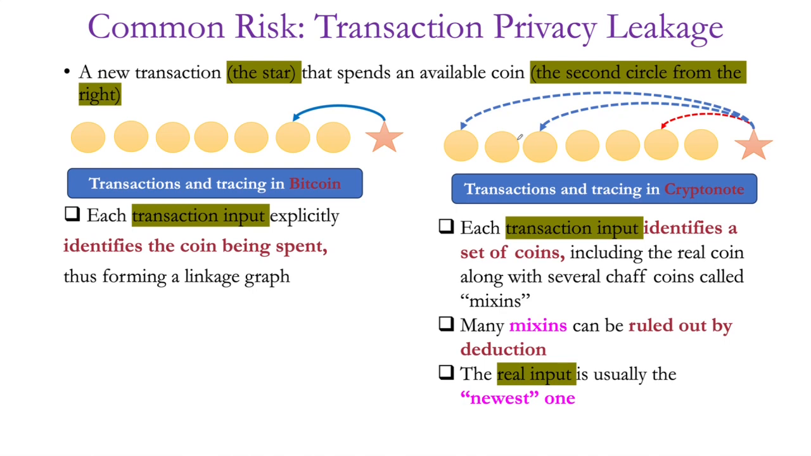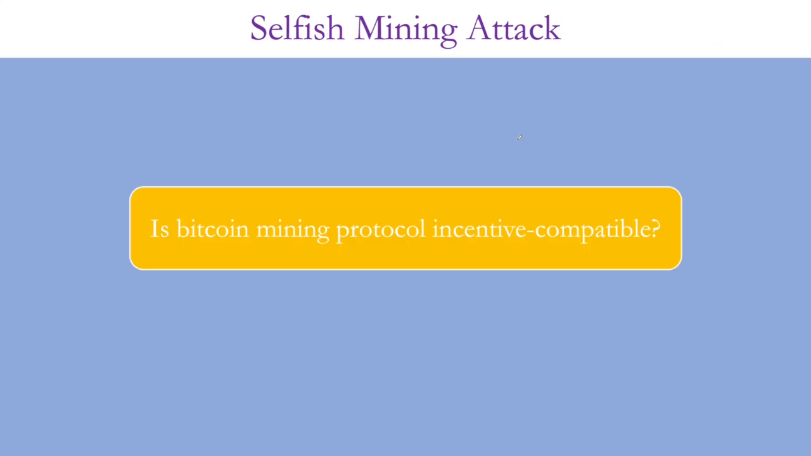So by exploiting these weaknesses, they can infer the actual transaction inputs with around 80% accuracy in this one. The real input is usually the newest one in the transaction, the privacy leakage one. So what will be there in this